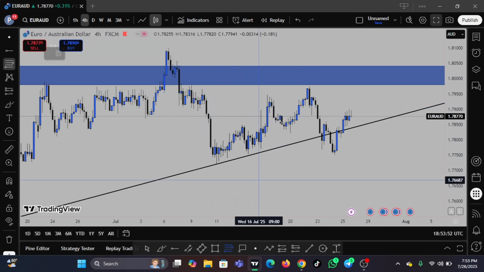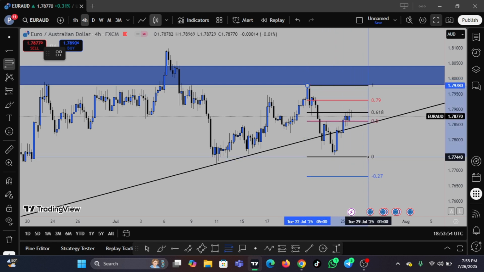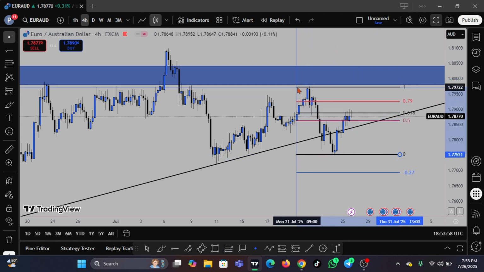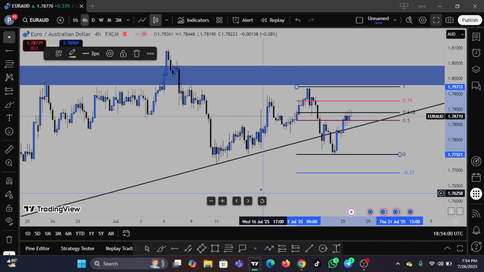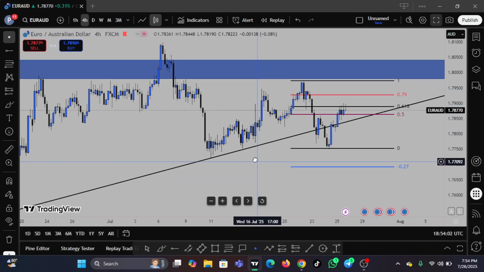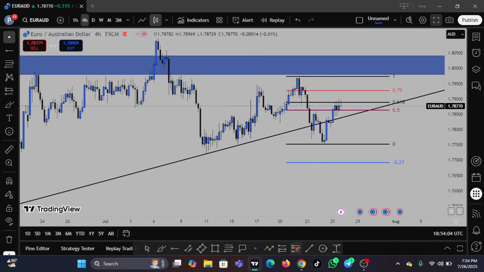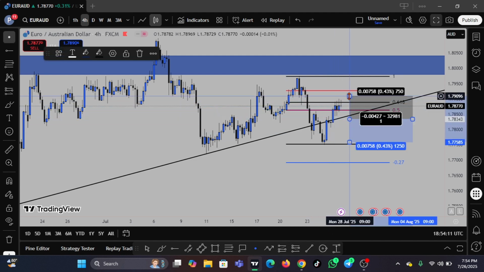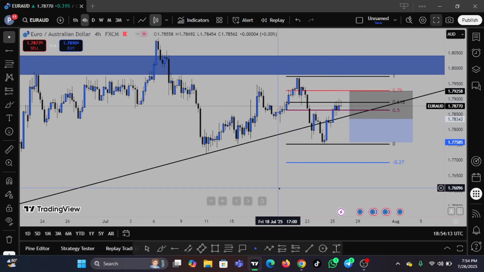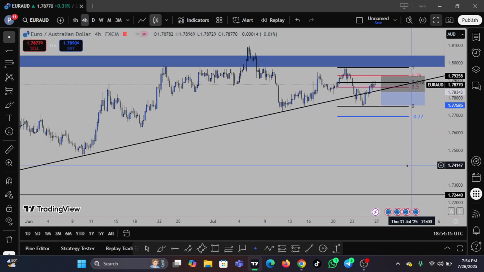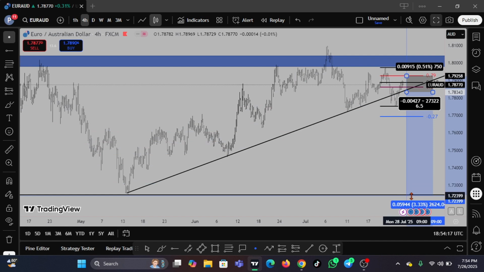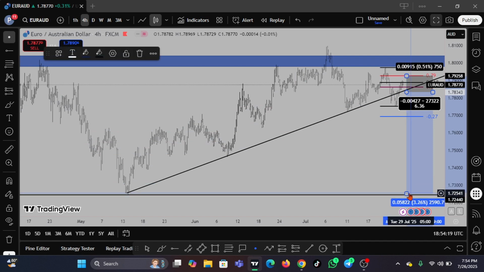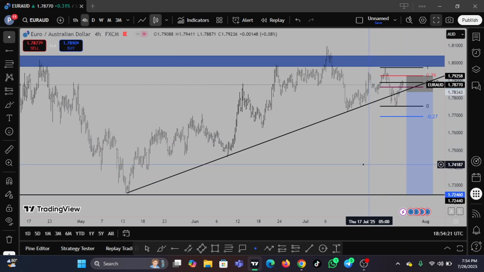If I can fire my Fibonacci from this top down to this low like this, price is rejecting at my golden zone. If the market should open and opens with a bearish engulfing that closes below, that is a sell entry, stop loss above, and I'm targeting this down, which is the neckline that we are seeing on the day chart.